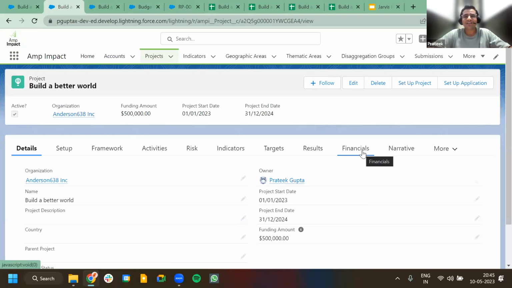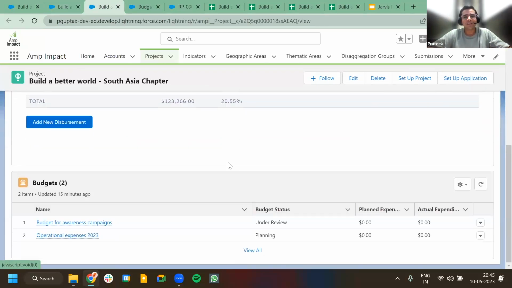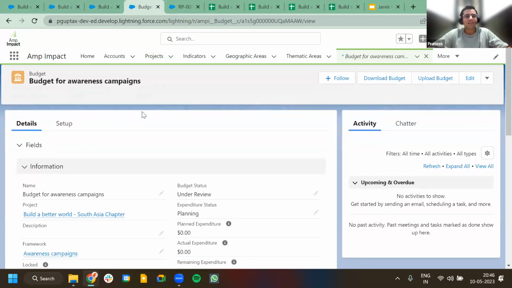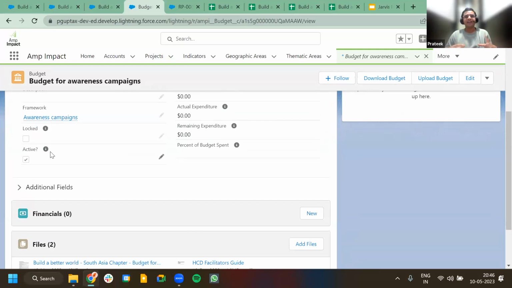Let's talk about another feature that we have, which is the new budget templates. So if I click on the budget here, I will go to the budget record. And on the budget record, you'll see some differences. So we have this new field active where you can specify if this is the current budget you are tracking. If you have versionings of budget,